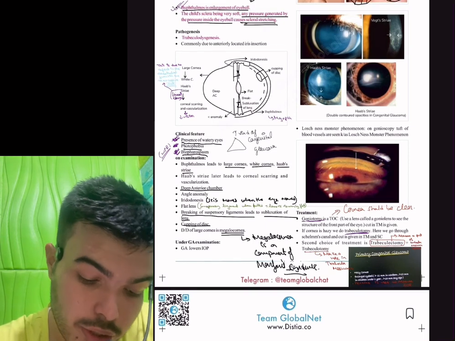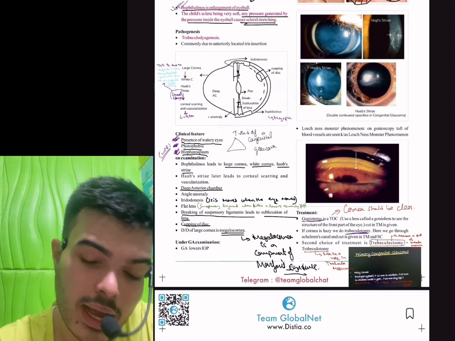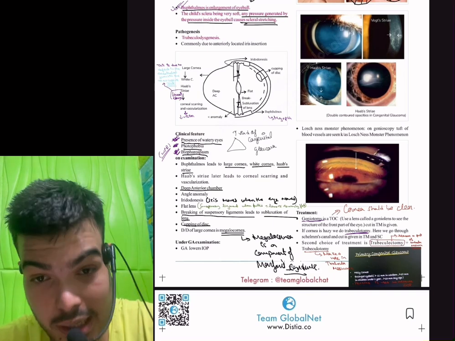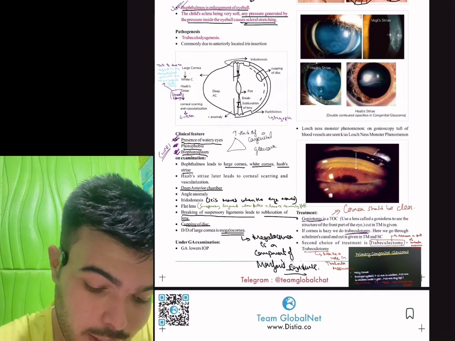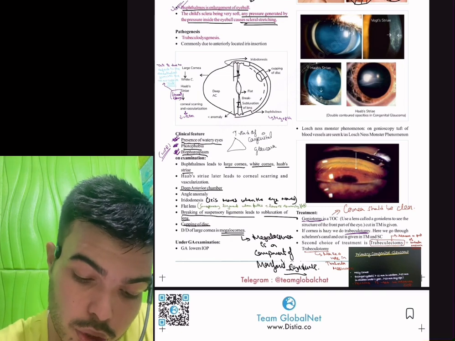So iridodonesis, one more condition: the iris moves when the eye moves. Iridodonesis is also seen in the case of aphakia. Now you need to remember how you're going to treat this. You are going to go for